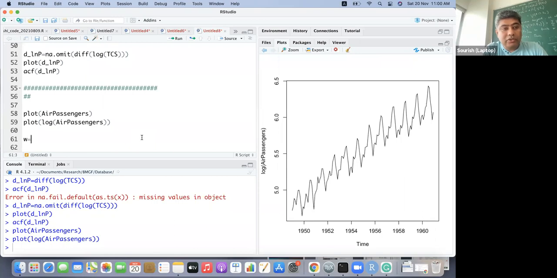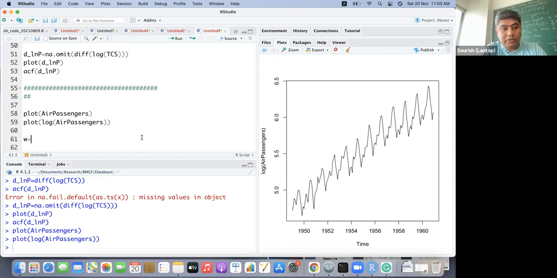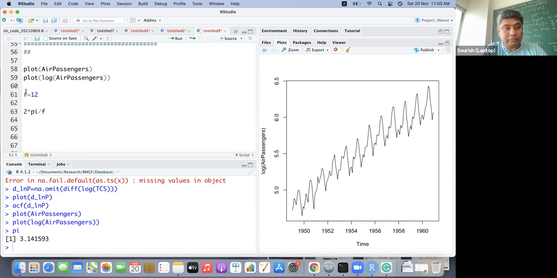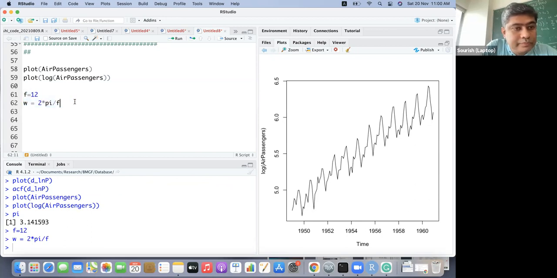Correct. So let us take pi, 3.14. So omega is 2 times pi divided by the frequency. Let us take a frequency of 12, because 12 months is my period.